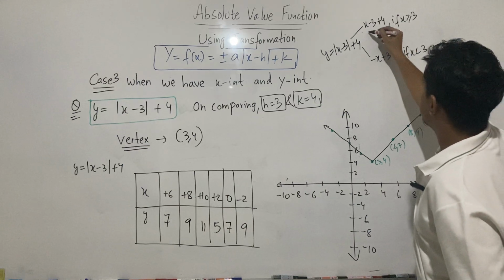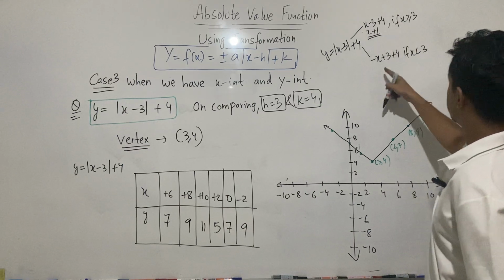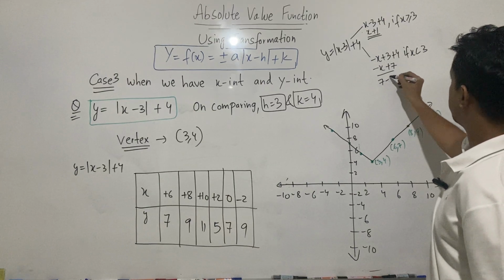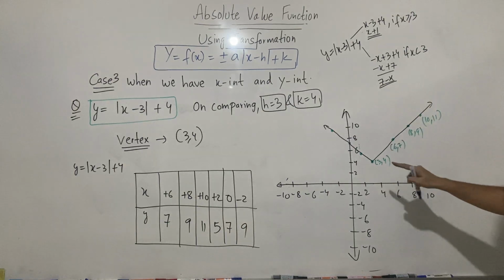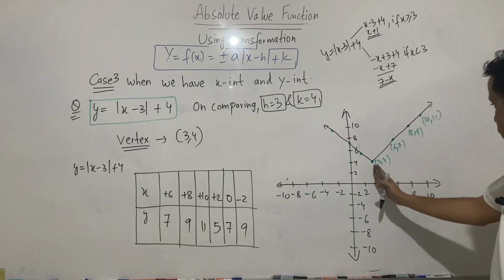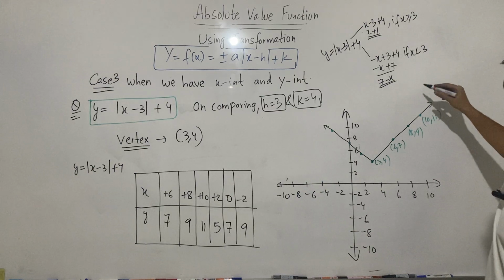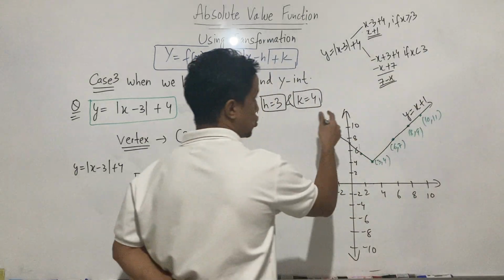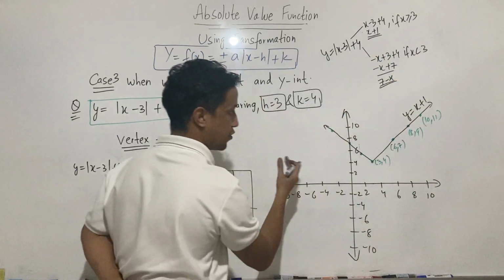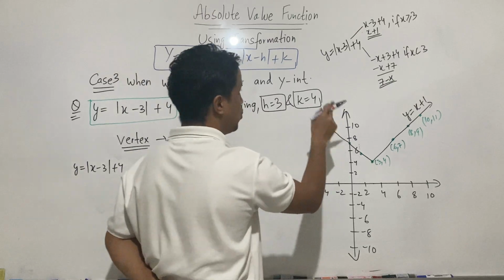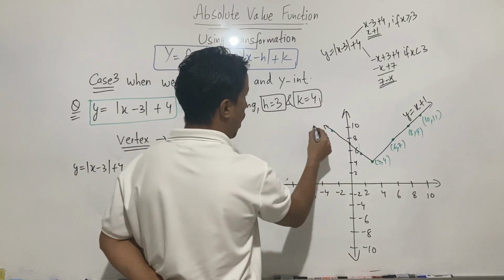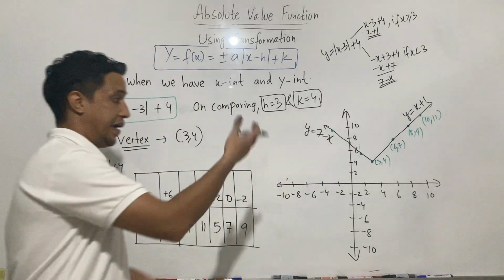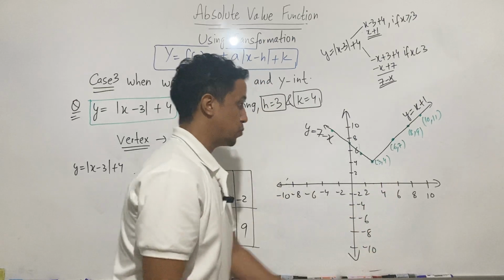If you simplify it, it will be x plus 1, and this will be minus x plus 7, or 7 minus x. So for x greater than or equal to 3, y equals x plus 1, and because x is less than 3 on the other side, this line will have the equation y equals 7 minus x. I hope it is clear. So this is going to be the answer,